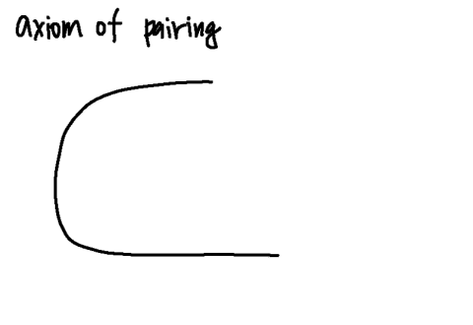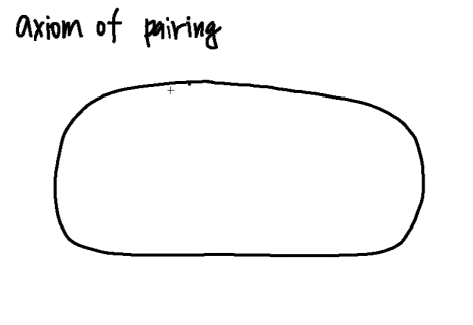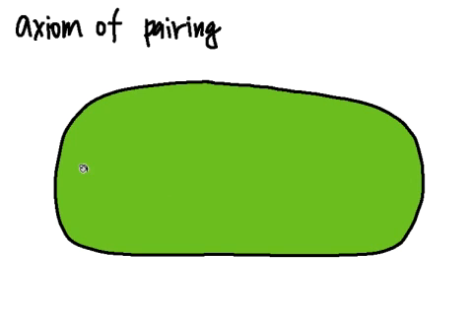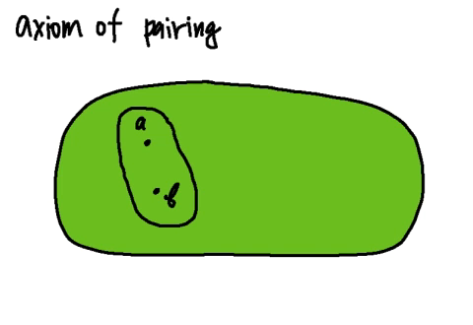So let's illustrate that on the picture. Suppose we have a certain universe, and suppose we have two sets in the universe, A and B, and these can be any two sets in the universe. Then the axiom of pairing says there is a set in the universe whose elements are exactly these two sets. So in other words, the collection of these two sets forms a set. And there is a specific notation for that set,